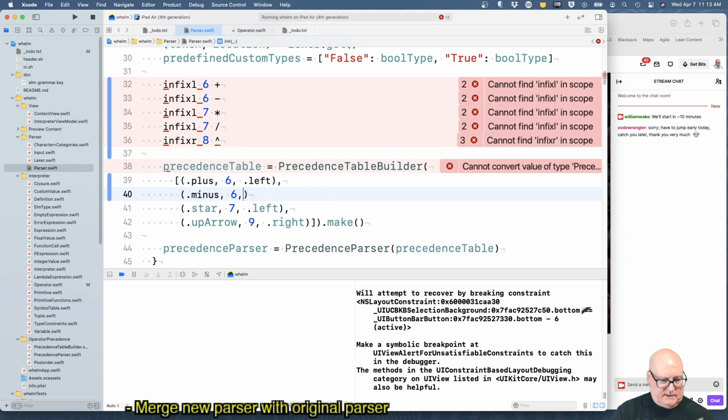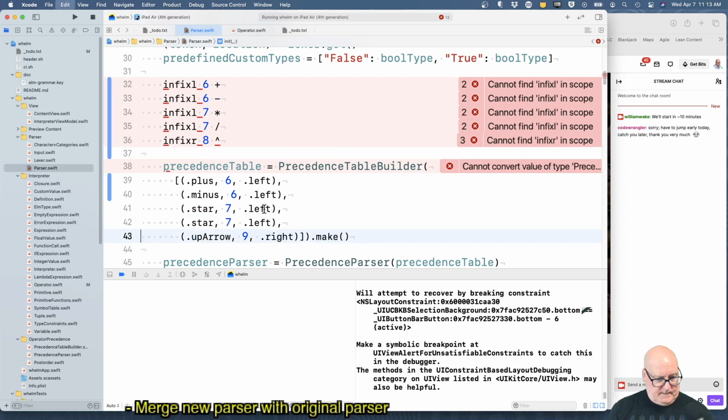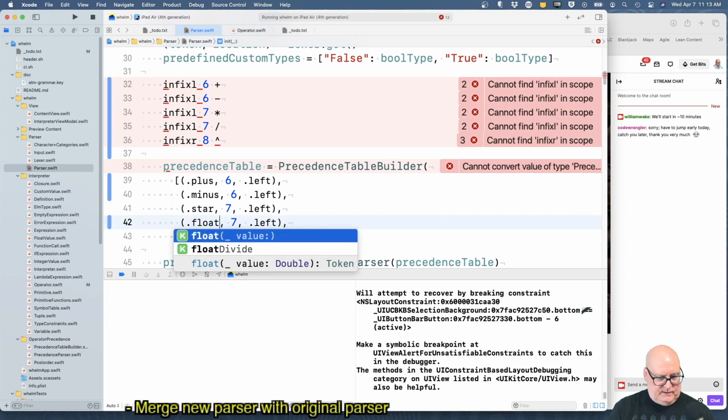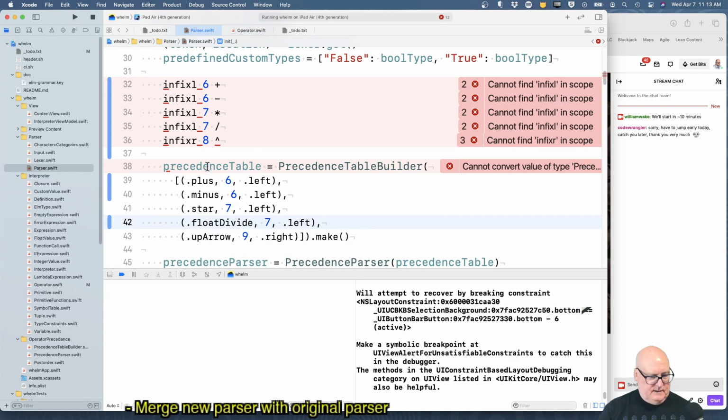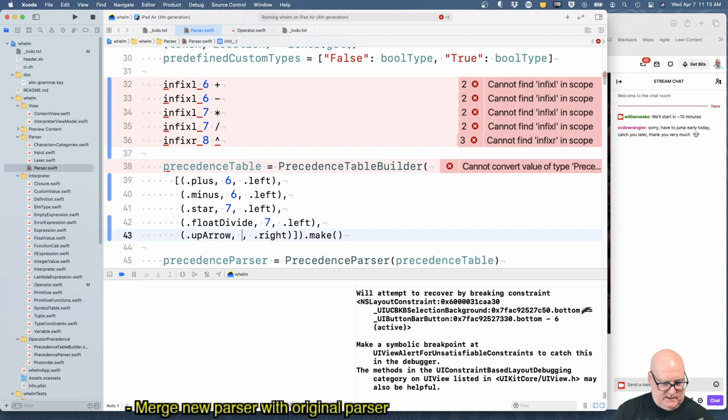Minus is 6 left associative. Star is 7 left associative. Slash is float divide, left associative. And up arrow is priority 8 and right associative.